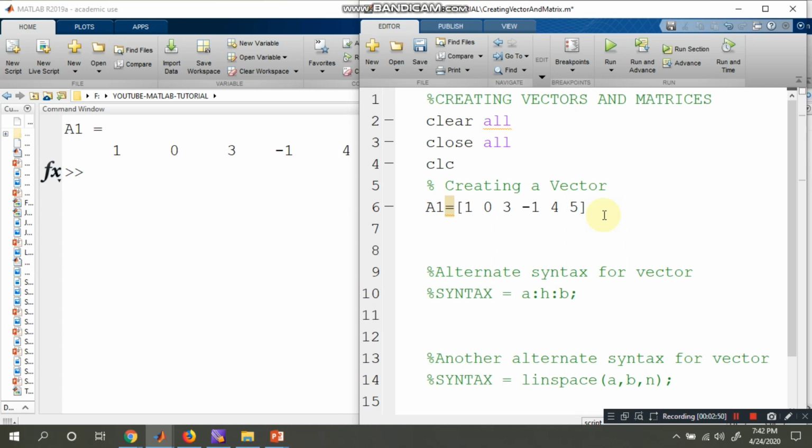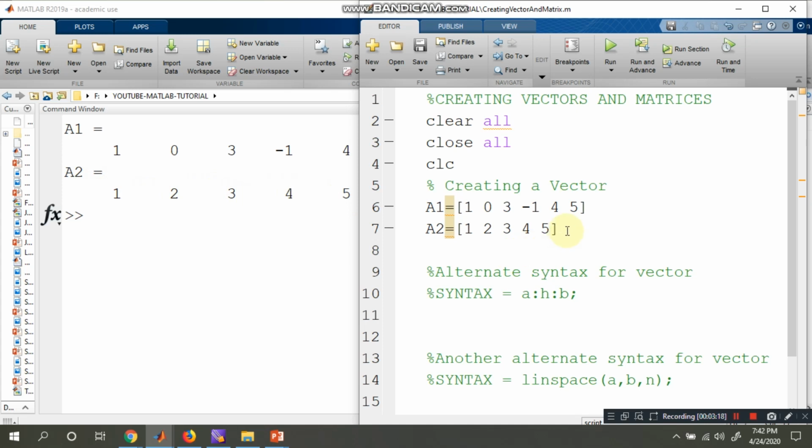Another vector I would like to execute is 1 2 3 4 5. It is nothing but the elements increased one step at every stage. Once we run this file, see what we get. In place of A2 we are getting 1 2 3 4 5.